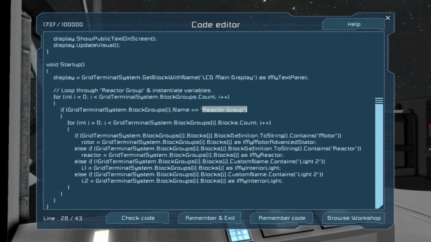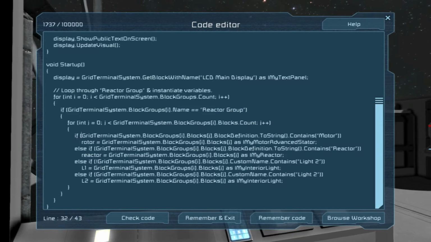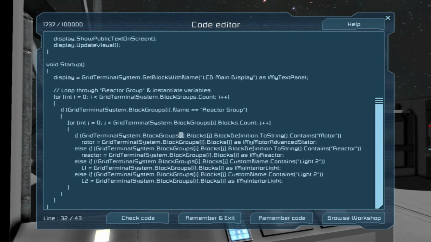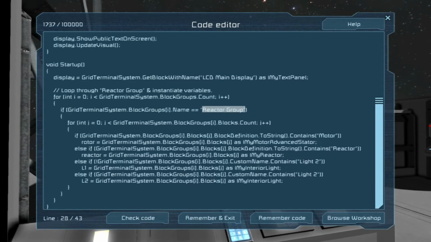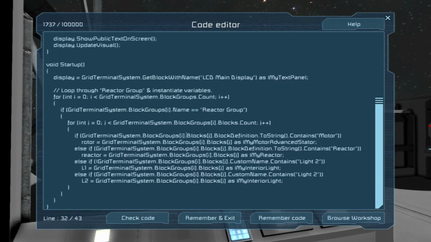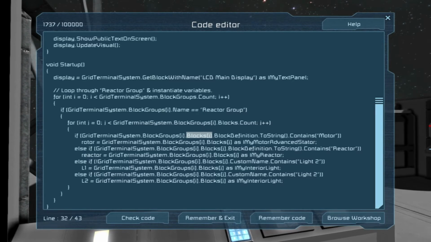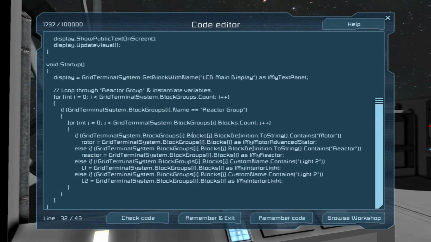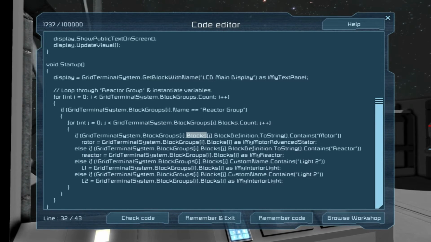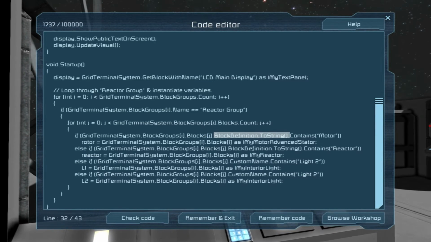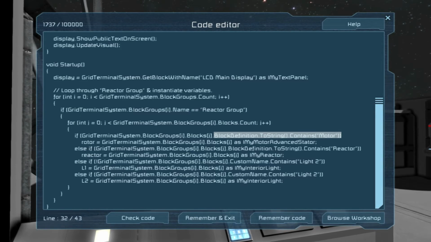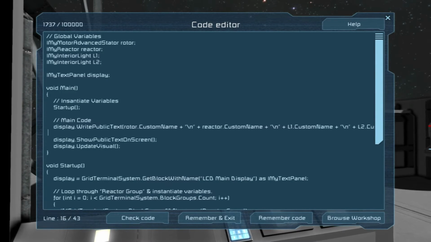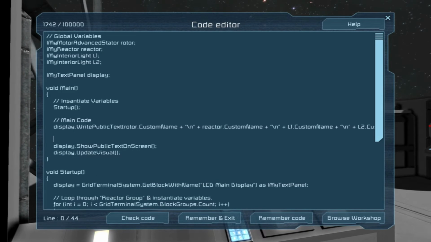Okay. So then what we do is if grid terminal system dot block groups at I, which is again reactor group, if this has been triggered, dot blocks at J, so the index 0 through however many blocks are in the group, dot block definition toString contains motor. Now, this is where things get a little bit confusing. So let's type in a new line here, and we'll do...